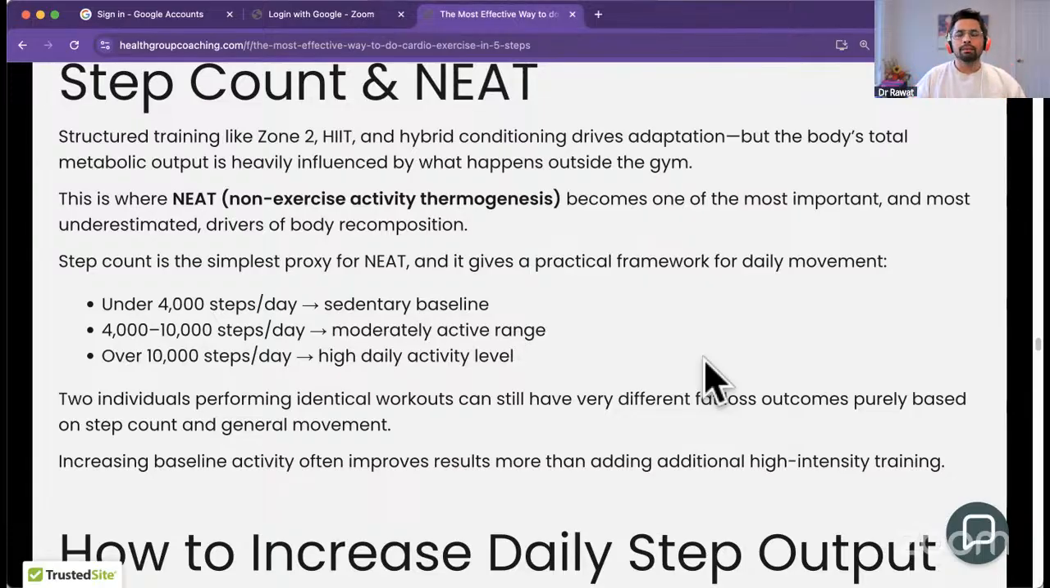NEAT has a much bigger impact than what you plan for 30 minutes or 45 minutes. This is 10 hours, 14 hours, 16 hours of your day. If you're walking under 4,000 steps a day, that's considered sedentary. If it's 4 to 10,000 steps a day, that's moderate. If it's over 10,000 steps a day, that's called being active. I would like all of you to be monitoring your step count. You might not be doing a lot about it, but trust me,